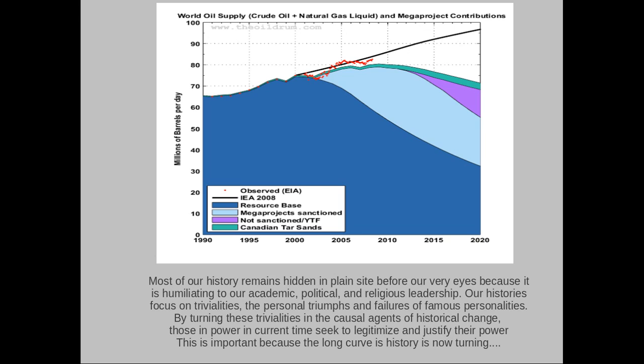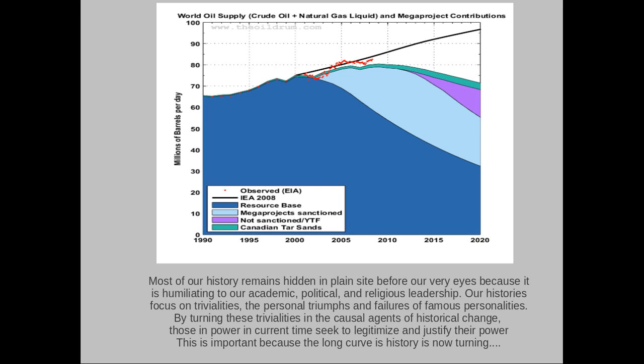As long as the long curve and short curve are headed in the same direction, which they have been, the upslope of that big blue curve is the historical expansion of oil production that has facilitated economic growth, which has increased the number of economically empowered persons, many of which have successfully created a place for them in an expanding democracy. When the long curve and the short curve are headed in the same direction, we can pretend that the short curve is the long curve or dominates the long curve, when in fact historically the opposite is true.